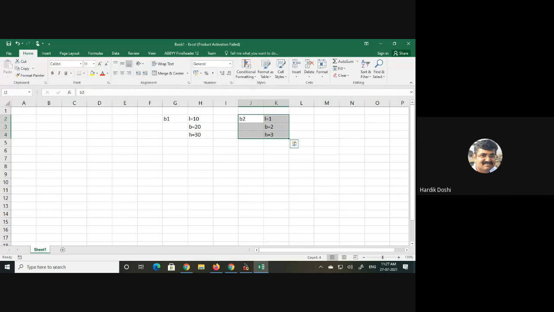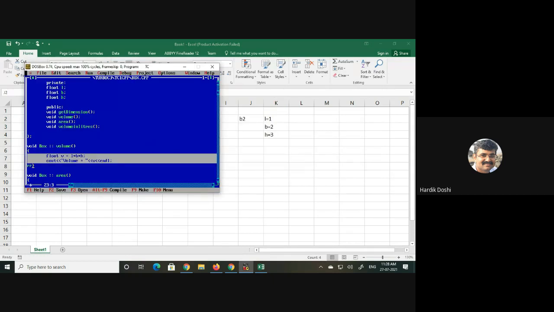Sir, you are repeating this point 2 to 3 times, that separate memory is allocated, separate memory is allocated. Sir, what is the significance? Why are you repeating this point frequently? Because I want to make you understand one new concept. For that, I am discussing this part. Okay. Now, I am moving to our program.